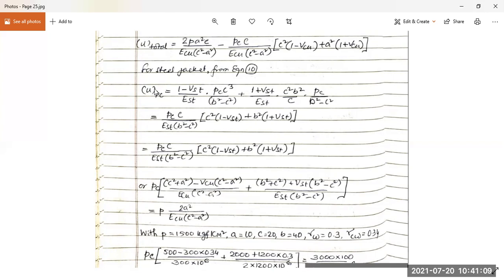What we are showing is the displacement due to PC. These are the same equations we are using, but we are using the Poisson's ratio for steel and Young's modulus of steel here, and the dimensions of C and B in the respective terms. So this is reduced to PC into C divided by E, Young's modulus of steel, multiplied by (B² − C²), C²(1 − ν_St) plus B²(1 + ν_St). So it will further reduce to P is equal to 2 into P equal